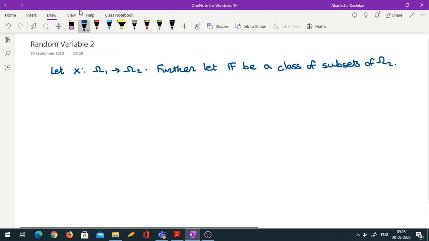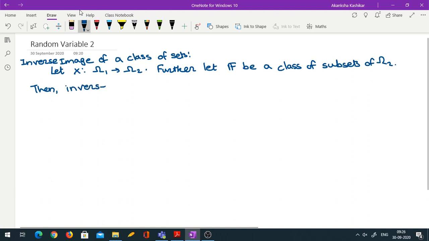Now I want to define the inverse image of a class of sets. Okay, so what I am trying to do here is define the inverse image of a collection of sets, or a class of sets. So far we have been defining only the inverse image of a single set. Okay, so I started with X, which is defined from omega 1 to omega 2, and F is a class of subsets of omega 2, then